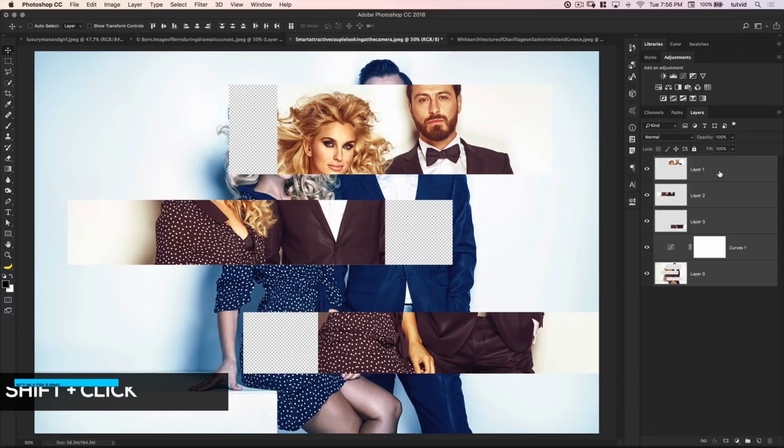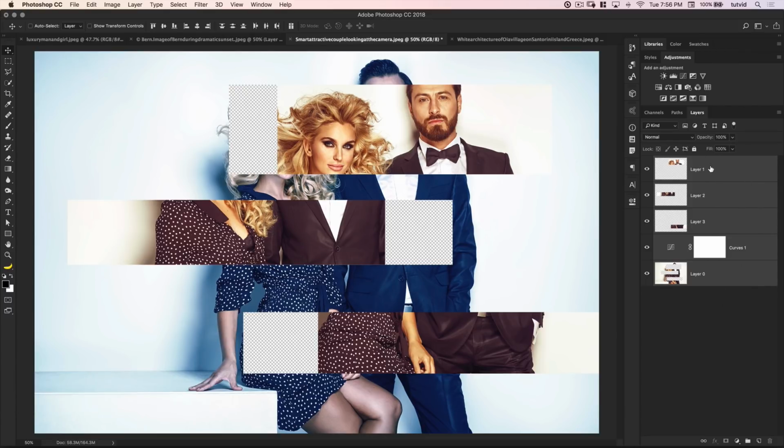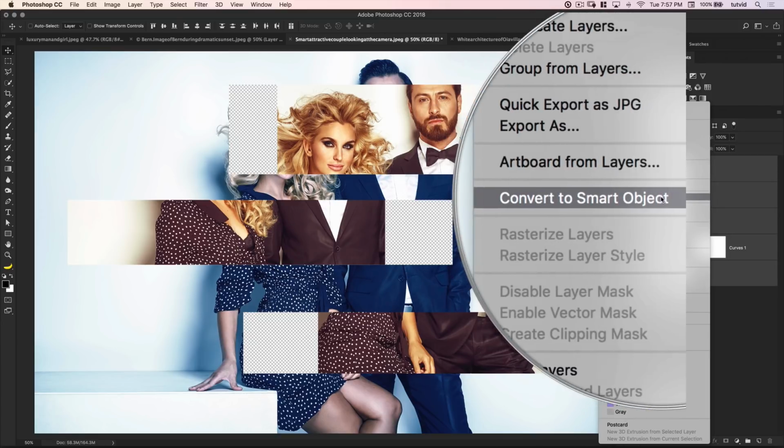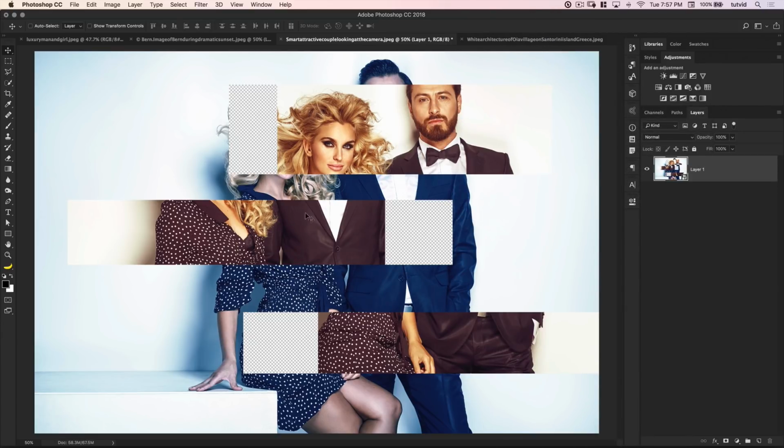Then I can select all these layers by shift-clicking. Shift-click the bottom one, shift-click the top, and it's going to select every layer in between. Right-click on a grouping of layers, and you can convert this to a smart object. So there we go. This is now a smart object, and we can apply all kinds of stuff to this